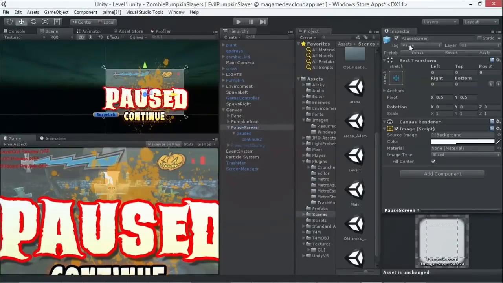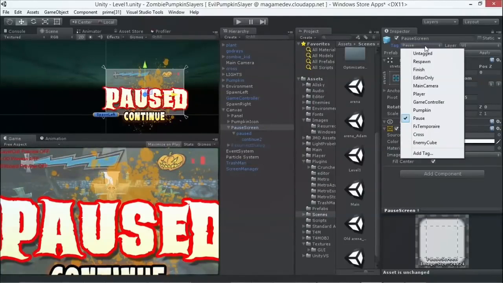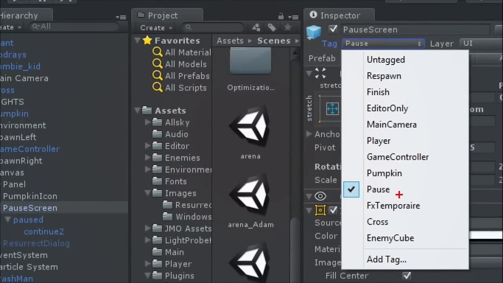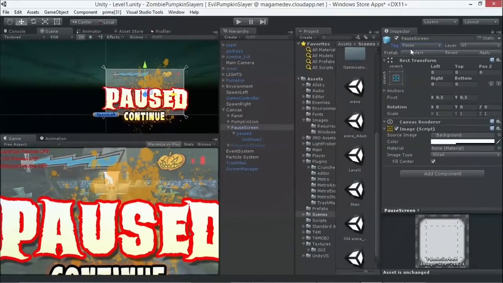What I also did was, because I want to search for this in code, I gave it a tag of pause. Easy enough. I just went in and added it through add tag. I called it pause because my code will say, hey, I need my pause screen, and that's how it looks for it. Okay. Speaking of code,